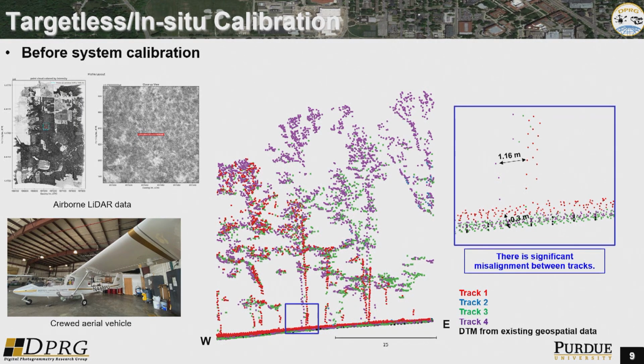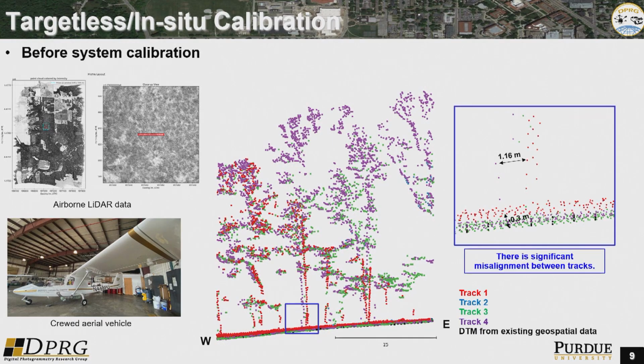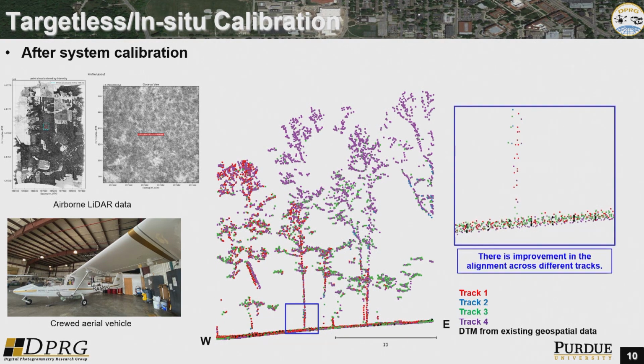If you put all these data sets together, you can see that they look more or less okay, but you can see in the XY discrepancies of up to 1 meter, and in height, discrepancies of about half a meter. But after you do this proper system calibration, you can see that everything is much better aligned. In this case, we ensure that the data, which are 7 or 8 years apart, are very well aligned. So I'll just go again. This is before the calibration, and this is after the calibration. You can see features are becoming more well-defined.